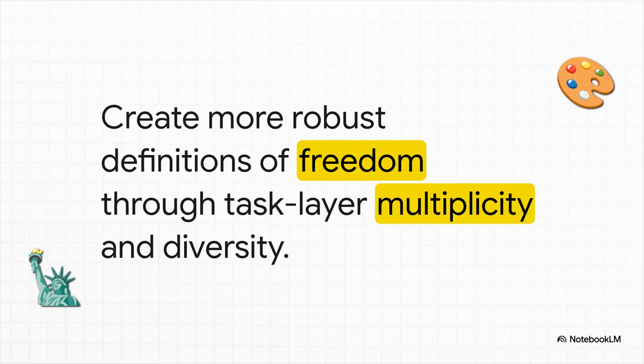We can even use this to rethink huge concepts like freedom. I mean, is freedom just about what you can do as an individual, that first inward-looking layer? Or is a truly free society one that gives people rich, diverse options across all 6 of these layers? The freedom to be healthy, to build a strong family, and to be part of a vibrant culture. This framework suggests that, yeah, you need all 6.